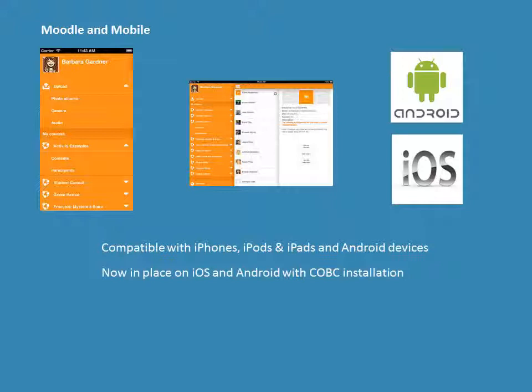That's on the COBC Wi-Fi system at the moment, but it can also be made available over the bring your own device Wi-Fi that all students can log onto with their phones and iPads, etc. As you can see, it's got its own theme. These themes can be changed to have a college branding and format.